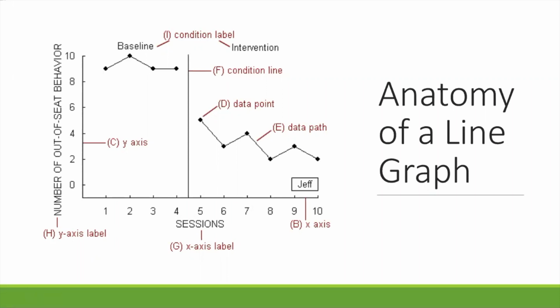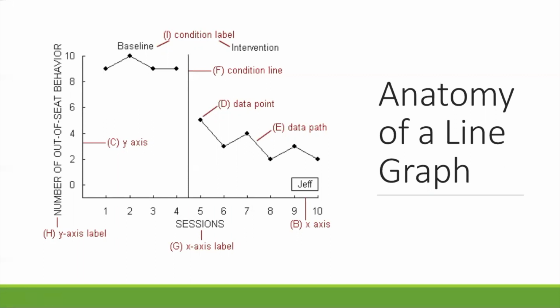labels. The total number of times the data is collected will be reflected in the x-axis. The data needs to be organized so that they reflect one number per unit. In this case, the x-axis is labeled as per session. The unit count of the observed behavior will reflect the y-axis. This can be the number of a behavior, number of time, number of behavior per unit of time, or a percentage. The baseline and intervention phases must be correctly labeled, and the data on either side of the condition line